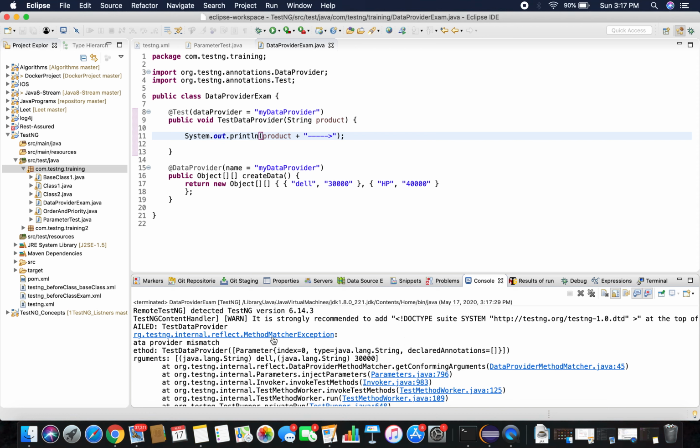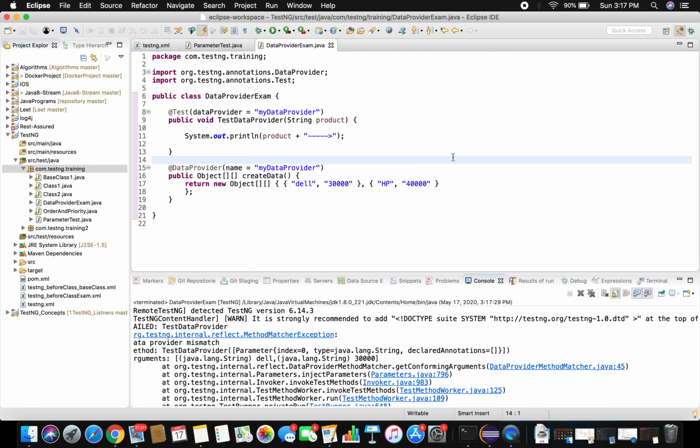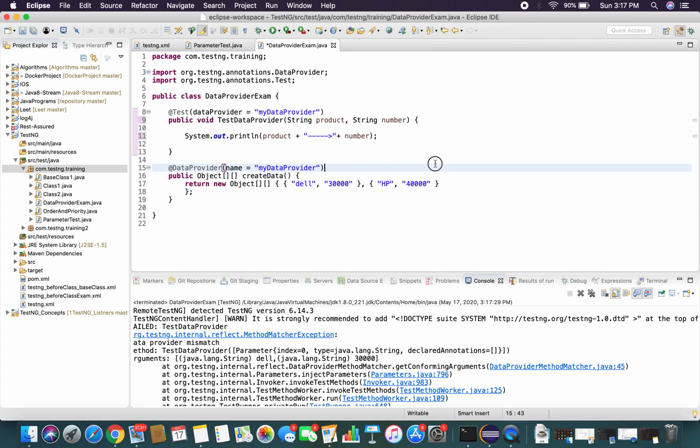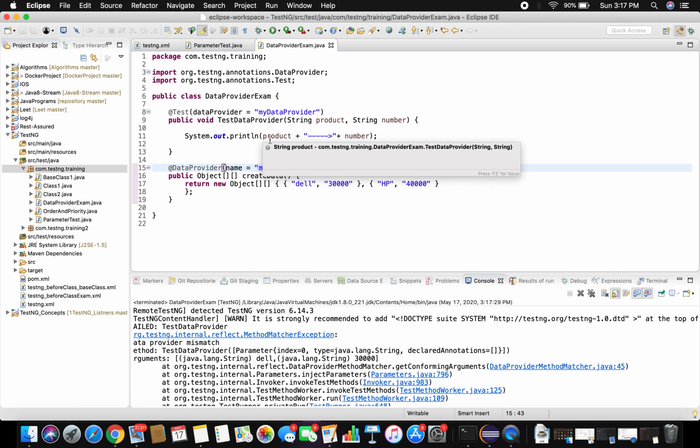See, method matcher exception. So that doesn't match. That's why you need to make sure these two match. Okay, this is the use of a data provider.